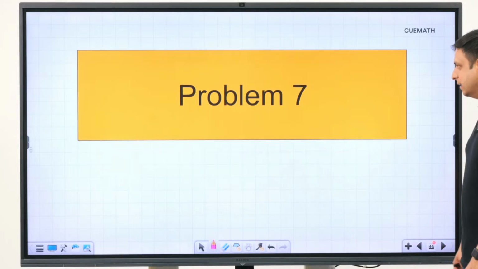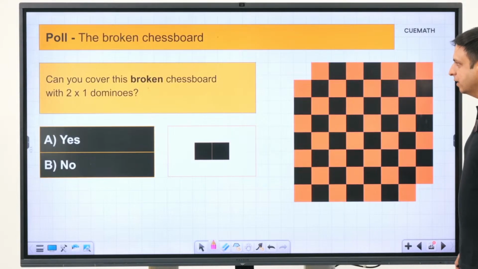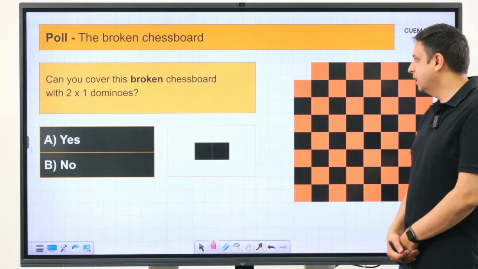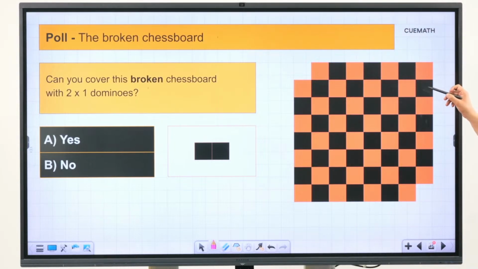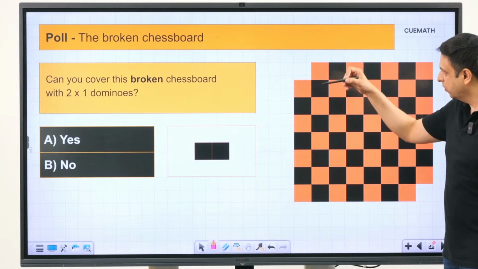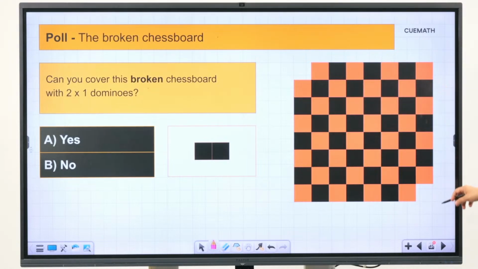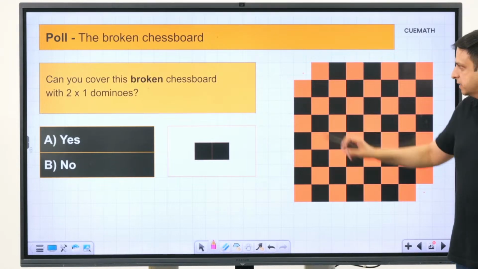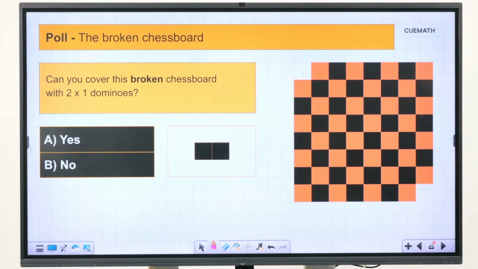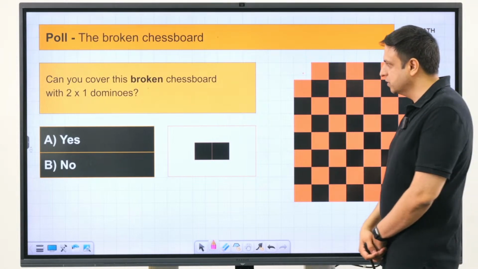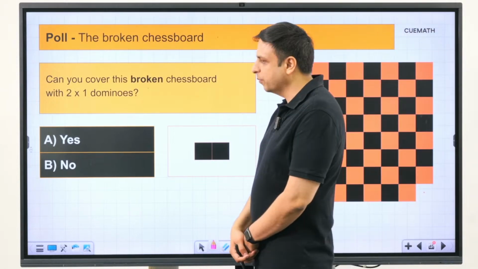These are level 3 puzzles, so somewhat more difficult. Here is a chessboard, but 2 of the squares have been taken out. So this is a broken chessboard. It's an 8x8 chessboard, but 2 of the opposite squares have been taken out. Can this be covered with 2x1 dominoes? Yes or no? So this is a poll for you.